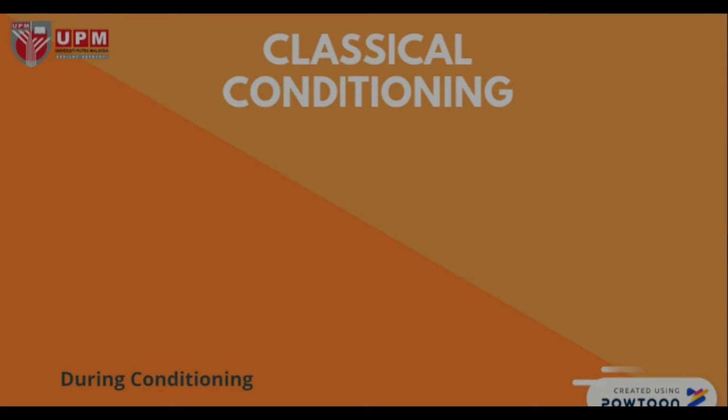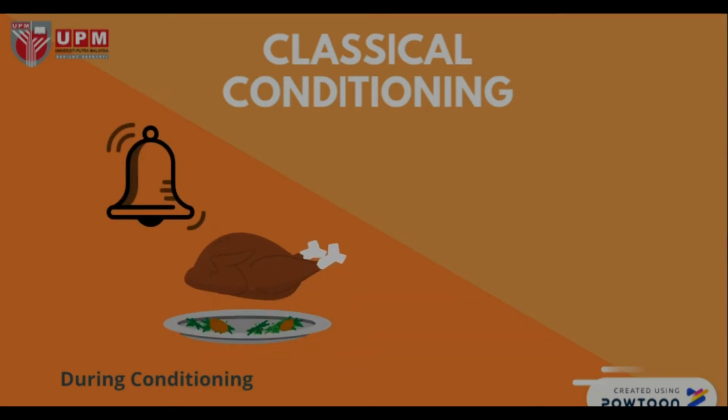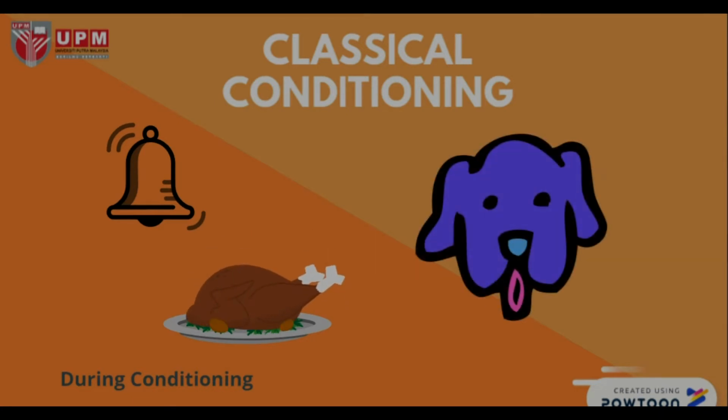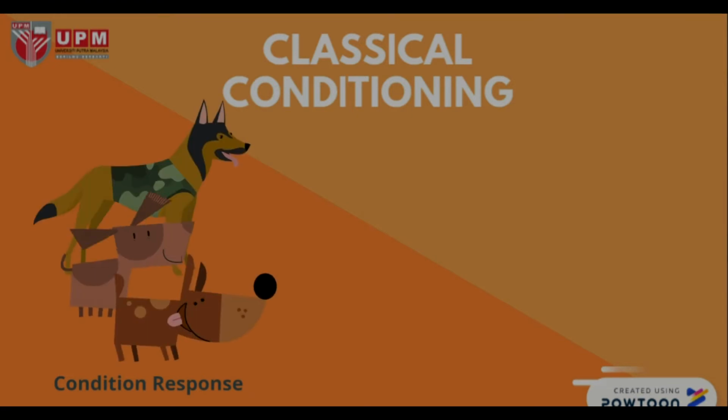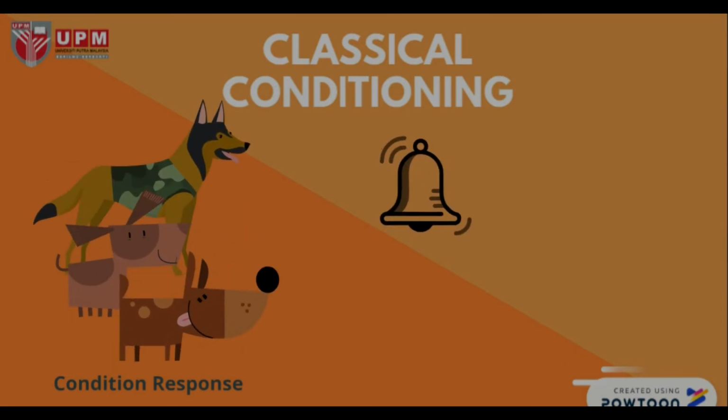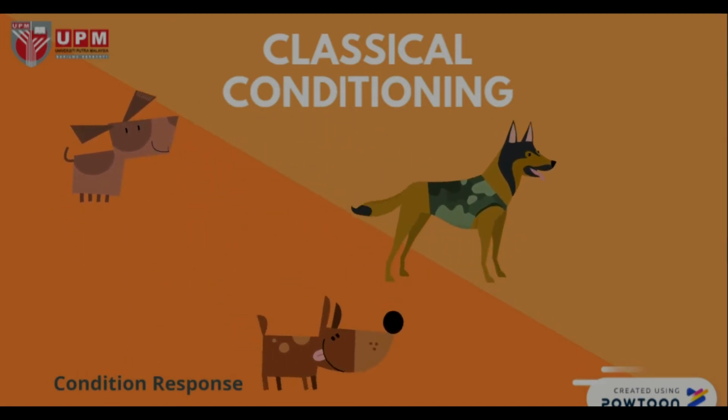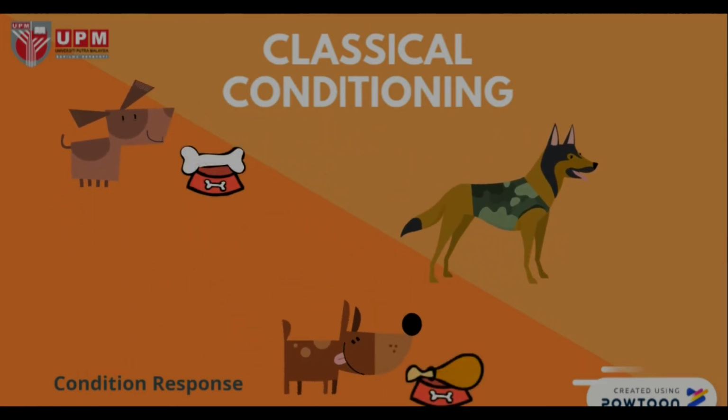During the conditioning, the bell was rung while the food was being served at the same time. We can see that the dog is showing its hunger and a happy reaction. Now, the dog has learned that when the bell rings, it is time to eat. In another test, the well-taught dog is taken, and when the bell rings, the dog will move to its own food bowl and wait to be served. This shows that the learning process that involves a neutral signal before a reflex is an example of classical conditioning.